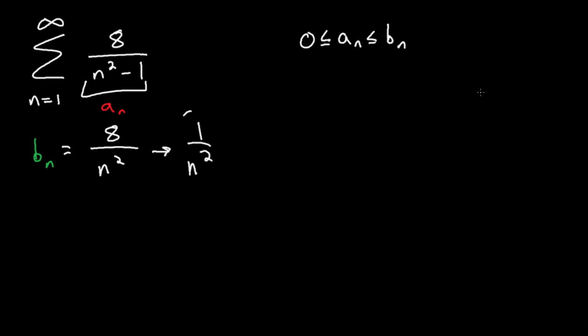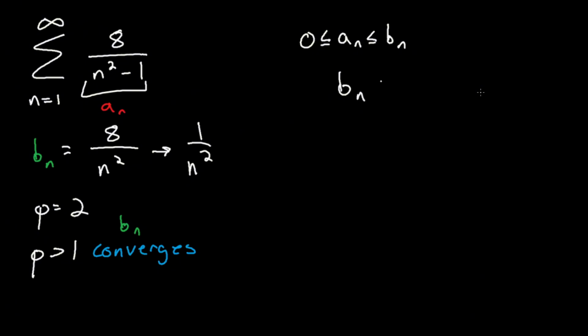All right, we have b of n now, we need to determine whether b of n diverges or converges. So technically, we can use p-series here. So p in this case is equal to 2. And since p is greater than 1, the series converges. All right, b of n converges. And remember, direct comparison, if b of n converges,